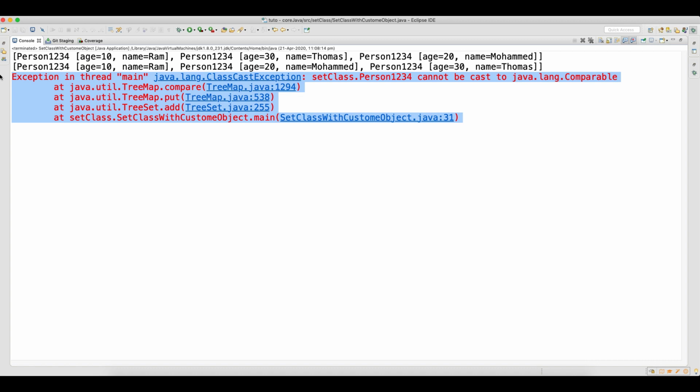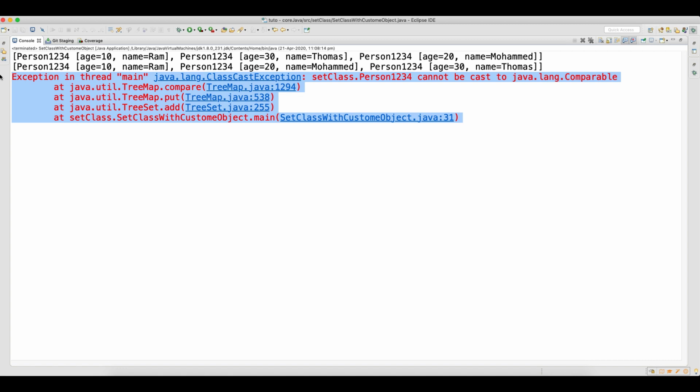The problem is that your tree set maintains the data in ascending order. So when you have a custom object, it will try to sort the data. Internally it has a logic and it tries to sort the data. While trying to sort, this sorting will not work for the custom object, right?